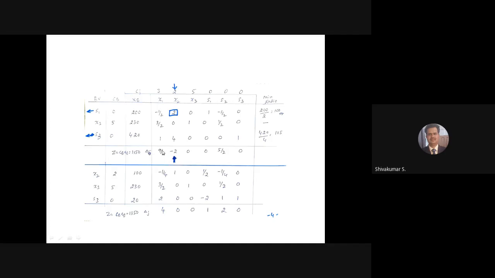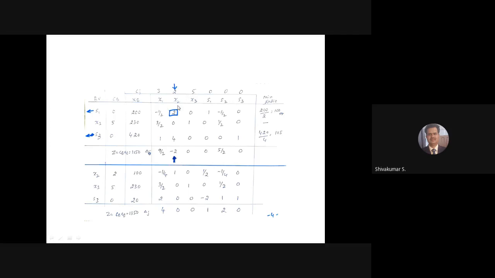So now, remember here, delta J should be a plus value. Then only you have to stop the procedure. Otherwise, you have to keep on doing till you get a plus value. So delta J you got a minus value, minus 2 here. Among these, 9 by 2 is a plus value, minus 2, 0, 0. They should be 0 or plus values. So this is the minus value here. You have a minus value, so this becomes the entering variable now. X2 becomes the entering variable in the next table.